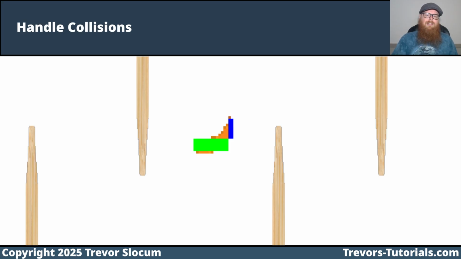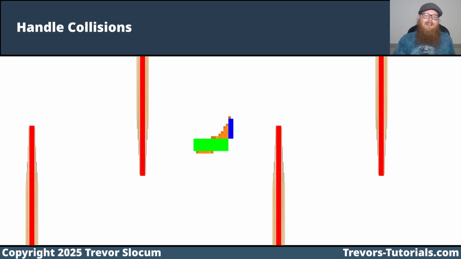And to handle the collision between the two, we'll just check if the rectangles overlap. So here we have two rectangles for the player. It's not perfect, but it'll work well enough for this game. And here we see the rectangles for the chopsticks. Again, they don't perfectly cover the chopsticks, but they'll work well enough.